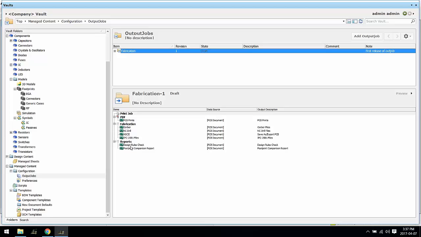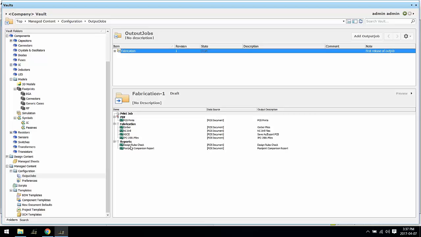What you might want to do is also have one for your source documents or your design snapshot, because there are three different sets of data that Altium will generate when you release, right? One is just the data for your design snapshot, so basically a copy of every project document along with the project, as well as the fabrication data, which includes the output jobs, such as the fabrication output in this case,